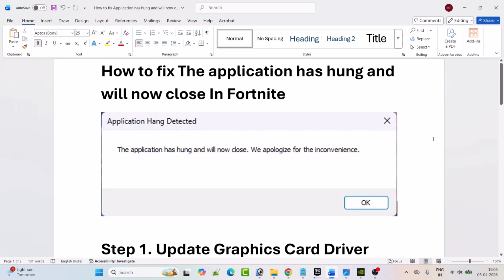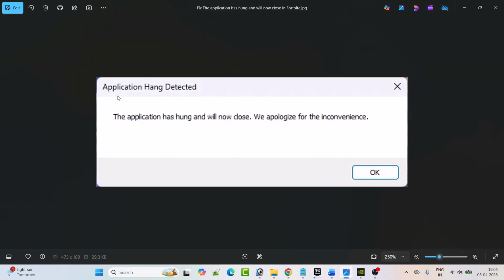In this video tutorial, I will show you how to fix application hang detected. The application has hung and will now close. We apologize for the inconvenience. So if you are getting this error in the Fortnite game on PC, then follow the instructions very carefully